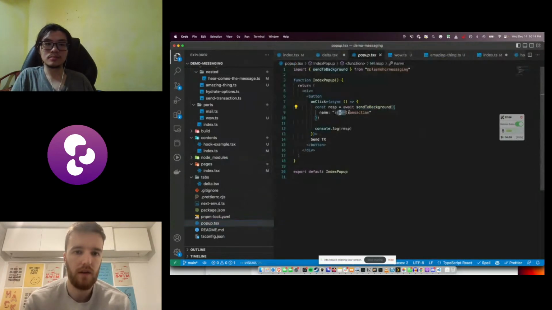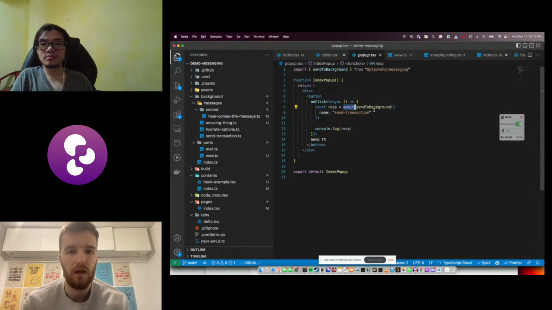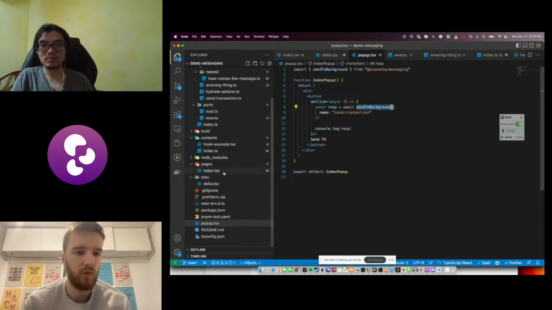So send to background, and then you can send transaction. That's one of our messages, and it'll send this straight to the background. With pop-ups and content scripts and all these other extension components, you don't have to use a relay. You can just send directly to the background. It's just in cases where you have an external web page that is not your extension that wants to talk to the background that you have to use a relay.